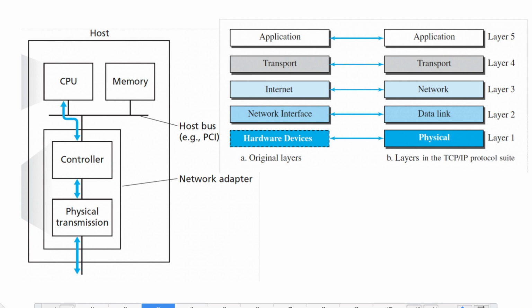Now when we talk about the data link layer, as I told you in the previous class also, the data link layer is implemented in the network interface card. So mostly the implementation of the data link layer is in hardware, which is in the network interface card. This network adapter, or the network interface card, interacts with the CPU or memory. So most of the services that the data link layer provides are already implemented as hardware, not as software. There may be a few things implemented as software, but most of the implementation of the data link layer is in hardware only.